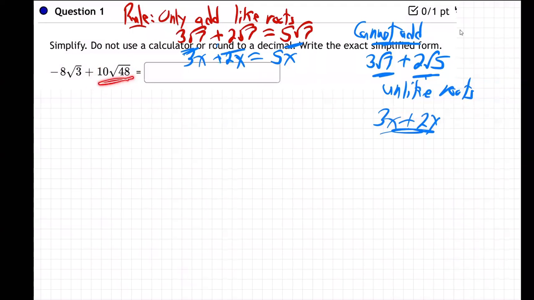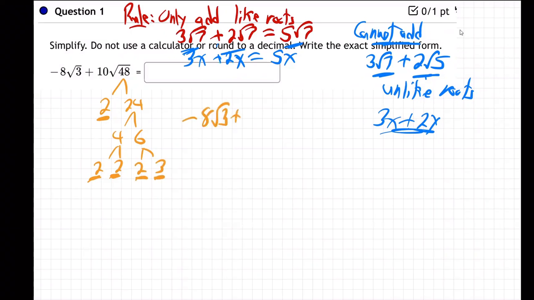Well, we can actually simplify this, can't we? So really, we first start by simplifying that. So that'd be 2 times 24. The 2 can't go down any further, so I underline it. 4 times 6, 2 times 2. Again, those 2's can't go down. They're done. They've reached ground. I underline them. 2 times 3. So there it is. So now this becomes negative 8 root 3 plus 10, and then the square root of